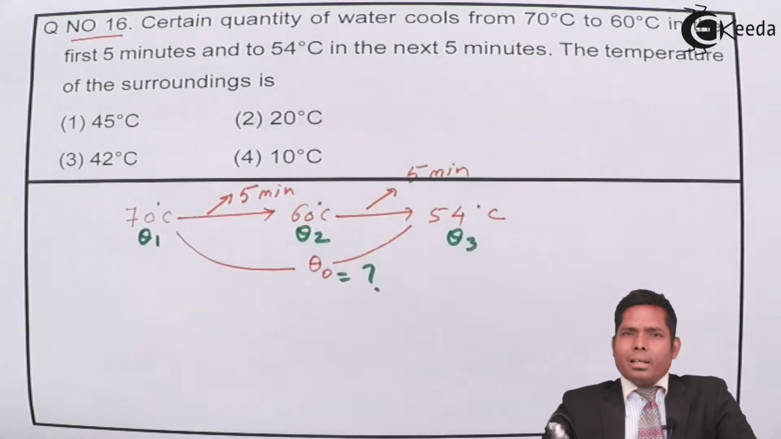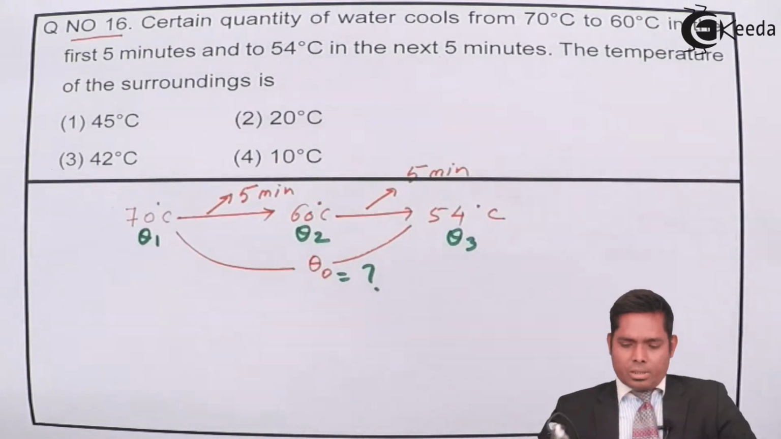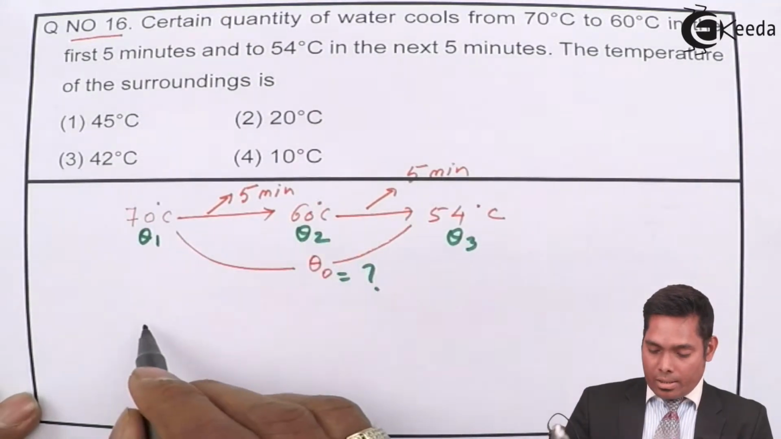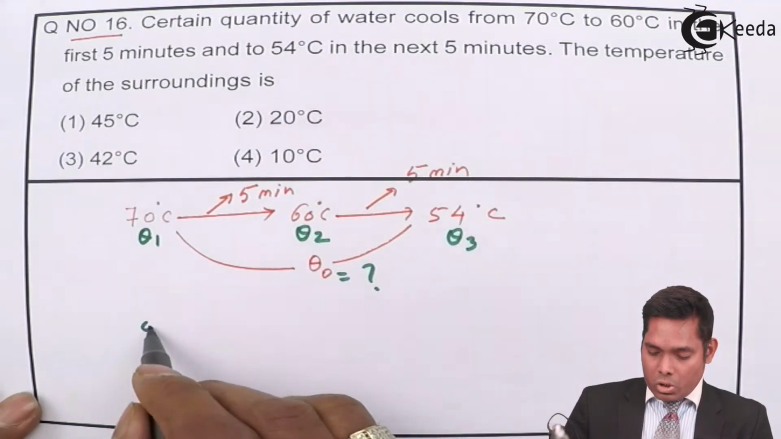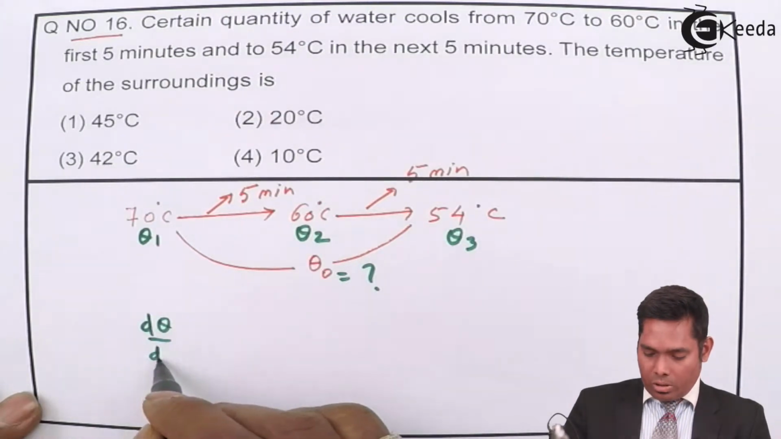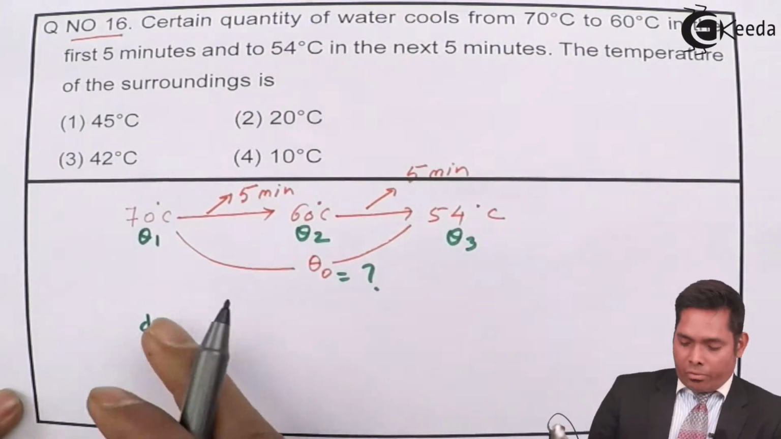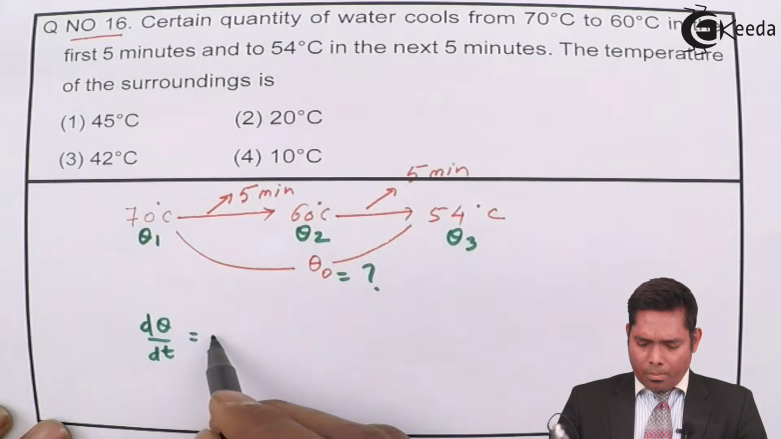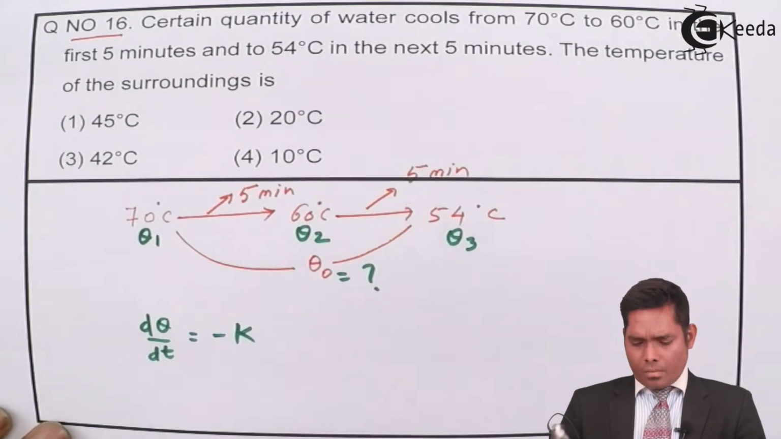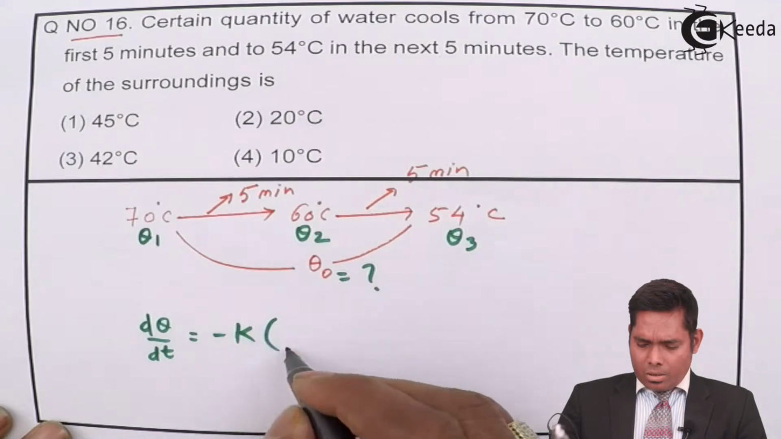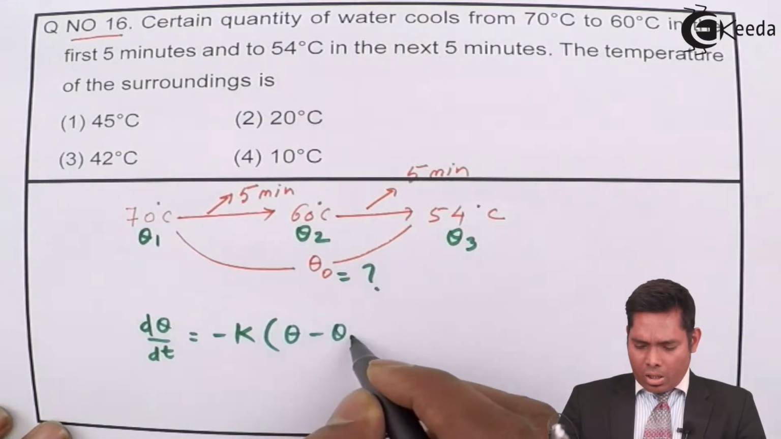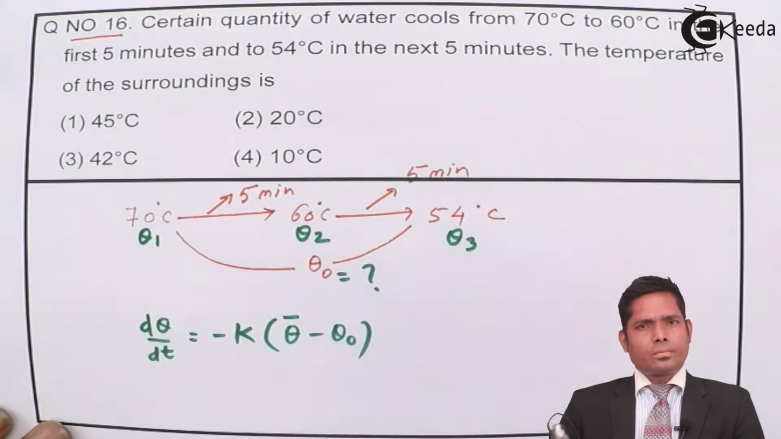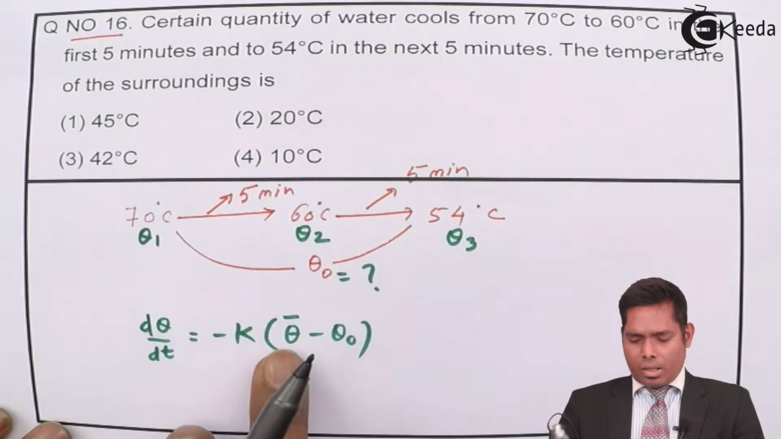So we'll just apply Newton's law of cooling, which says that the equation I'm going to use here is d theta upon dt, the rate of fall of temperature or the rate of cooling, is equal to some negative constant times theta minus theta naught. What is this theta? This is the average theta. This average theta we have to take,